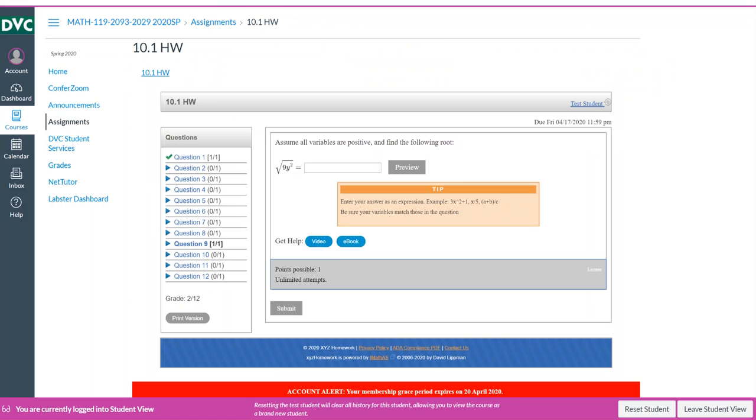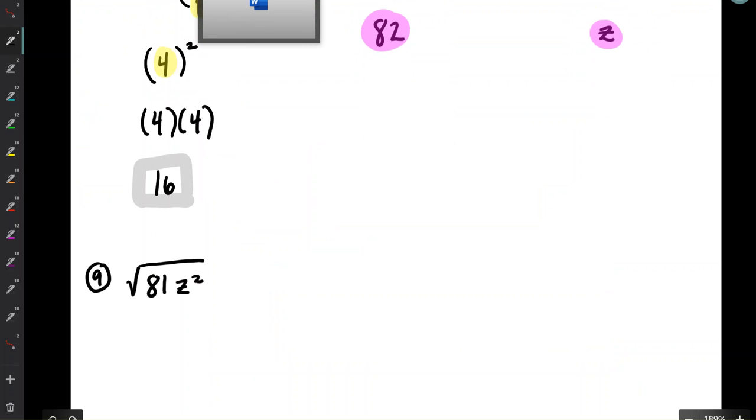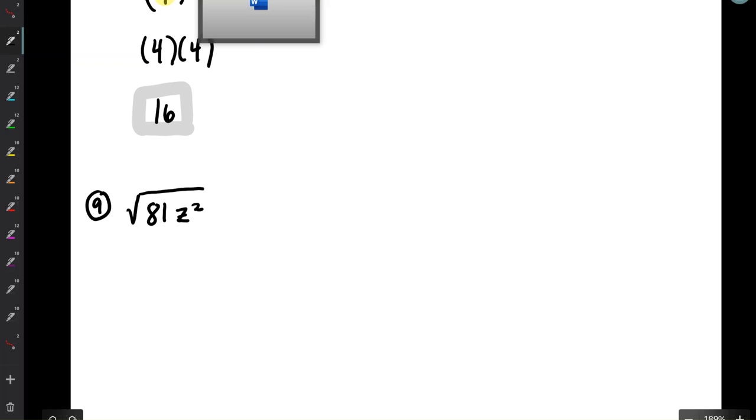Okay, so in question 9, we're doing the square root of 9y squared. It's asking me what positive number times itself is 9y squared. And here they're telling us that we're assuming all the variables are positive. Okay, and so let's do something similar. Square root of 81z squared. And we're assuming